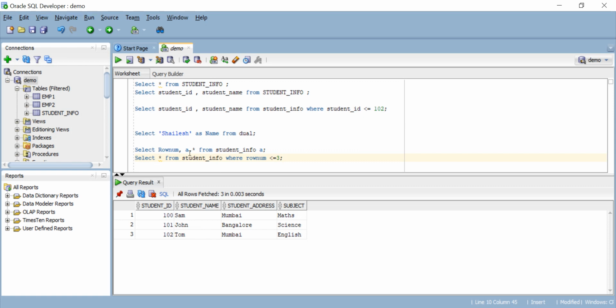Apart from this, you can alias a particular column. You can even provide an alias to a table, like here we have aliased the table as A and then done an A dot star. And you can even alias a column. I can show you, suppose here you have given select student ID comma student name. If you want to alias this as ID, and student name you want to alias as name, and then if you fire it,